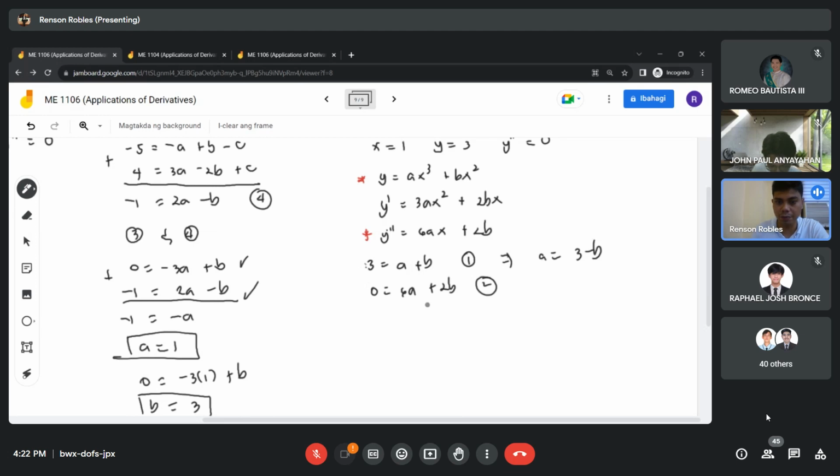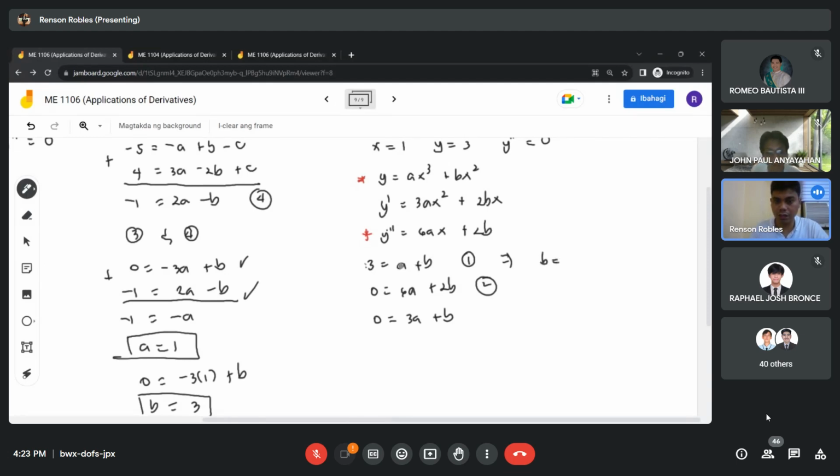And then this is A now, substitute it there. Okay? Or you can divide this by 2. 0 is 6A, divide by 2, 3A plus B. That means we solve for B, which is easier. So, B